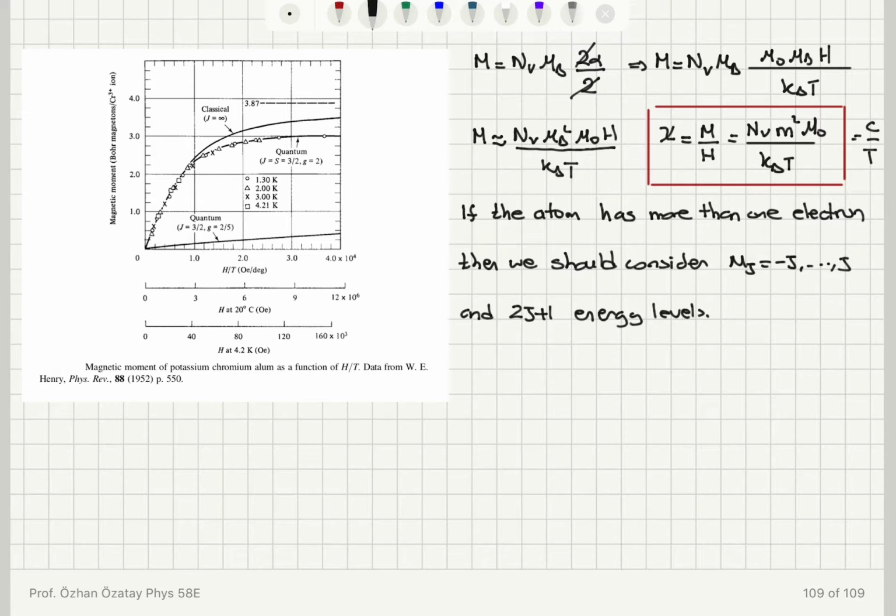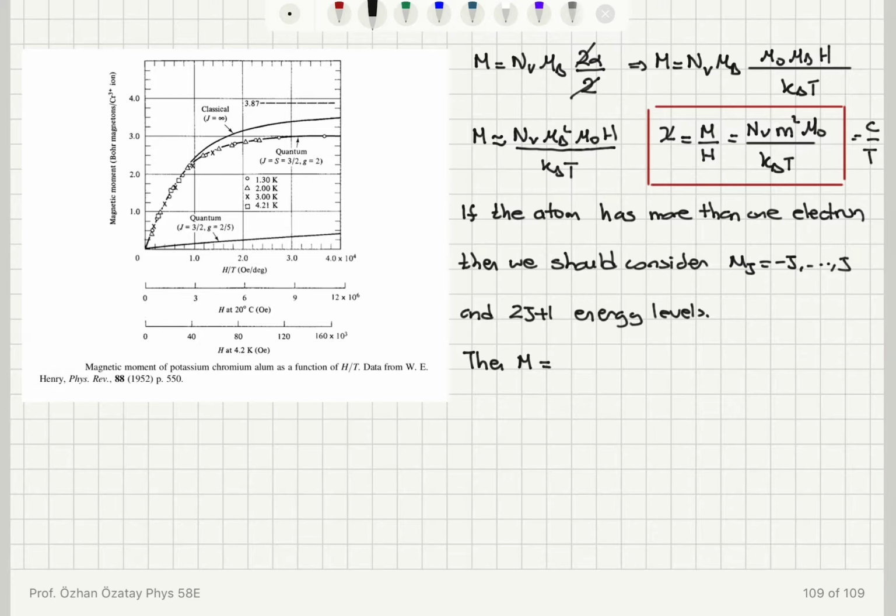So in that case, this result is modified, and I'm going to write this without proof, but I'm going to check if it's valid in some limits. The total magnetic moment